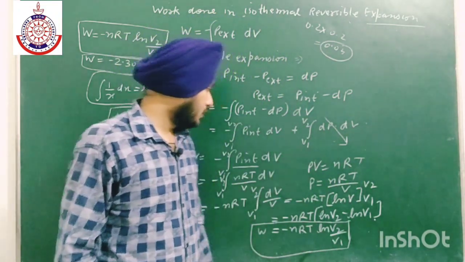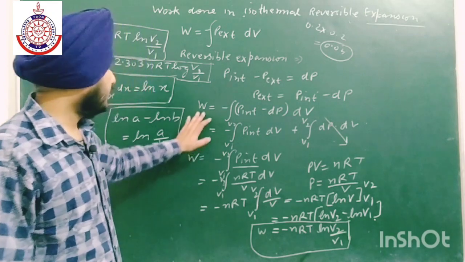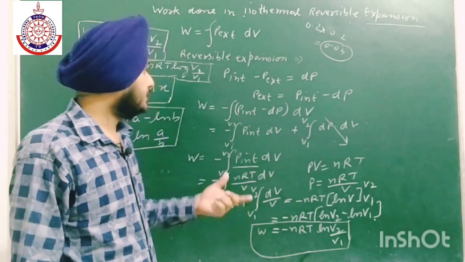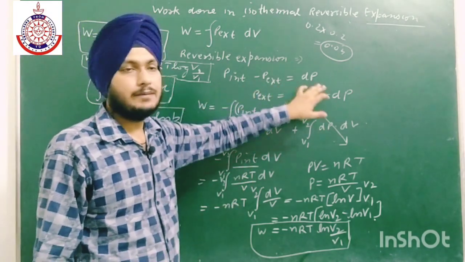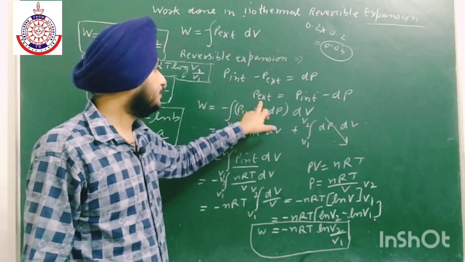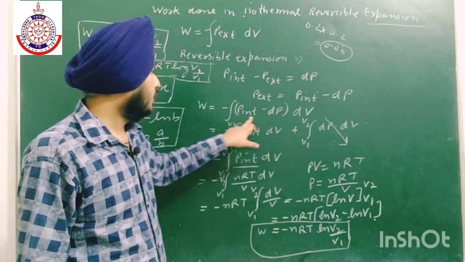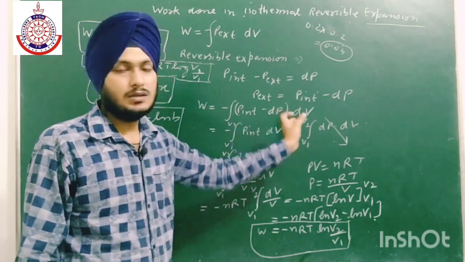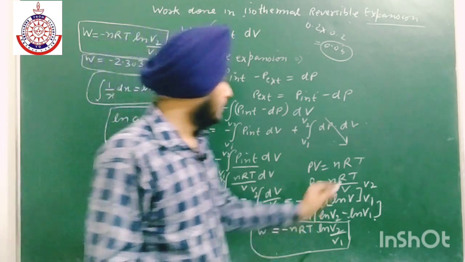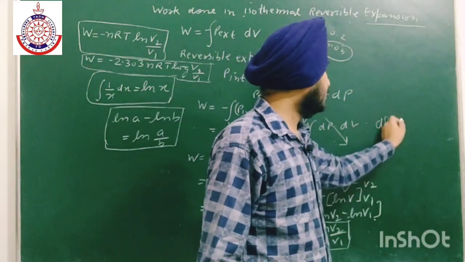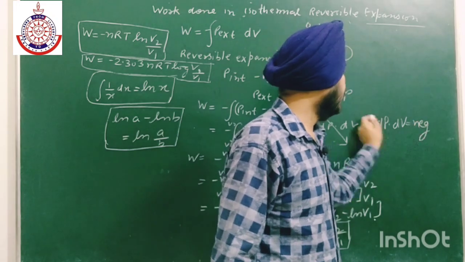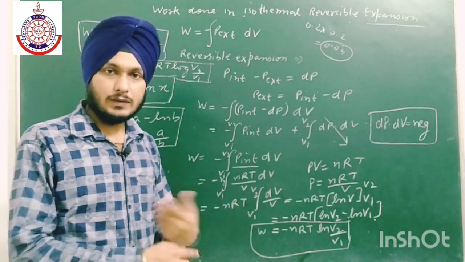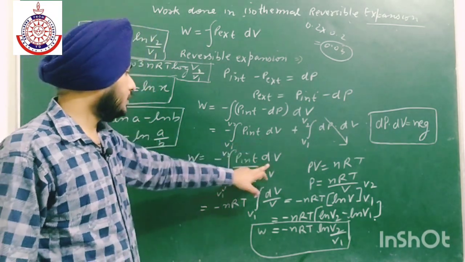So okay, I am explaining it to you again. We know that in case of a reversible process, the change is very small, which is dP, and we just put the value of P external in the work formula, that P external is P internal minus dP. Now these two terms are quite small, and that is why dP dot dV is negligible. We are taking it as negligible because these two terms are very small, and their product will come out to be even smaller than P internal into dV.